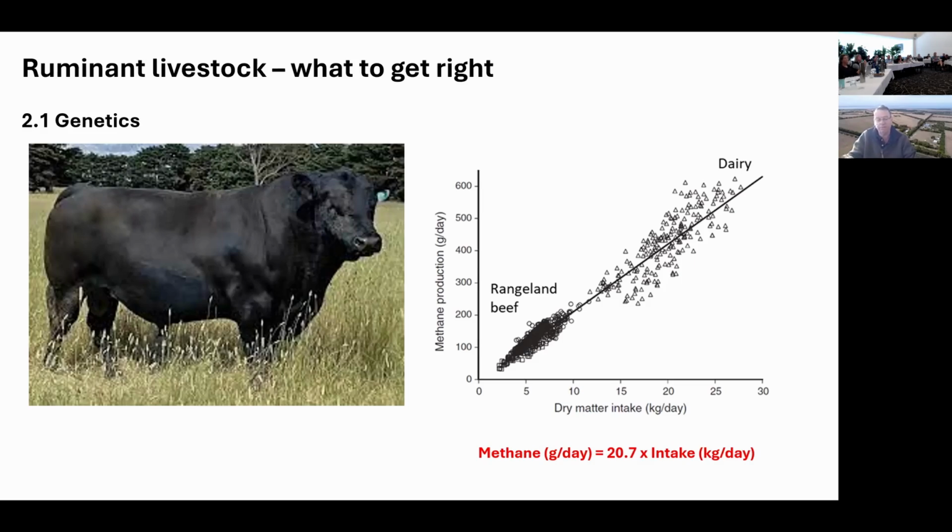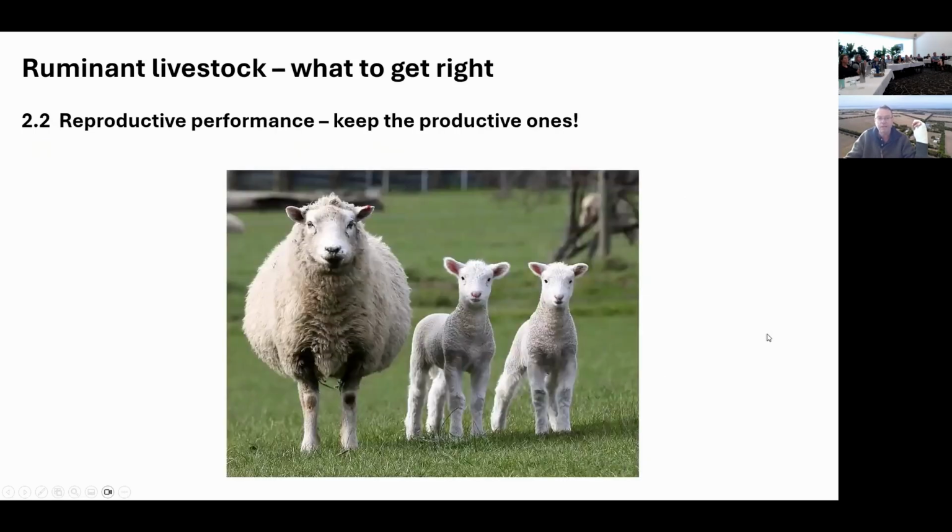Genomics will also help for anybody that's familiar with the genomic side of it. As they build up the database with that, we'll be able to select for animals that are lower emissions as part of that. Again, can't be recognised in the calculator at the moment. Every animal, irrespective of what it is, 20.7 times what it eats. And we know both of those are variable, but that's what we're stuck with at the moment. So that's the genetic side of it.